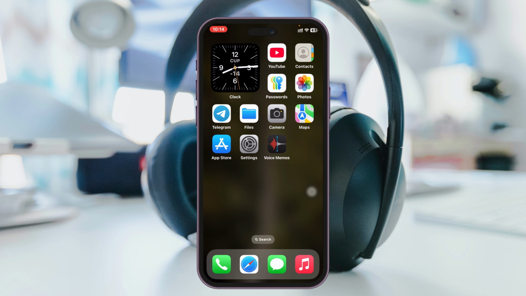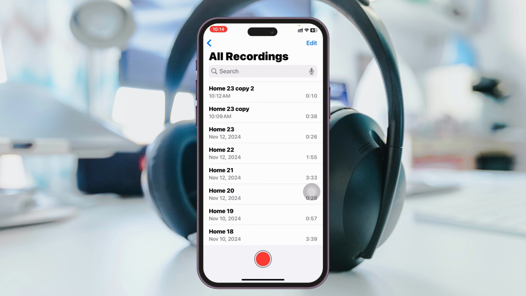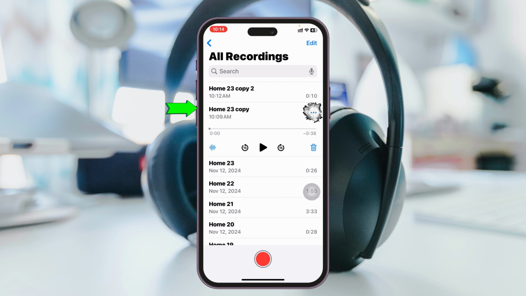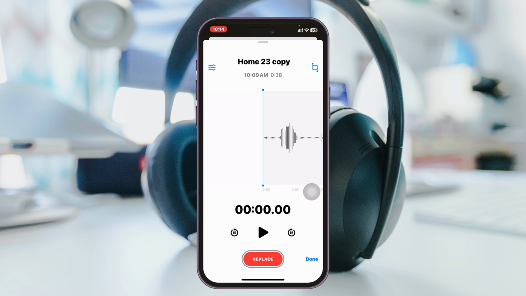To edit your voice memos, simply go ahead and open up Voice Memos on your device, and here you get to see I have some recordings. Let's say I want to edit this recording. I'm going to tap on this one and tap on this three-dot icon right over here, and here you get to see Edit Recording. If I tap on this one here, it's going to quickly give you the option to